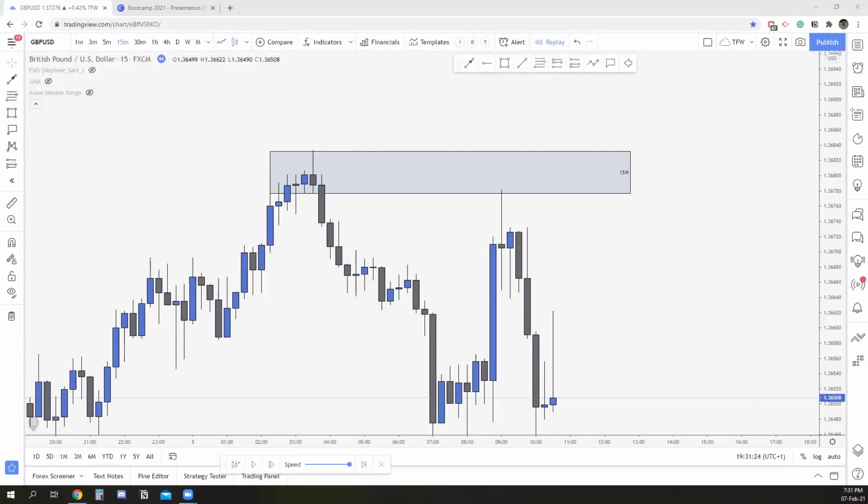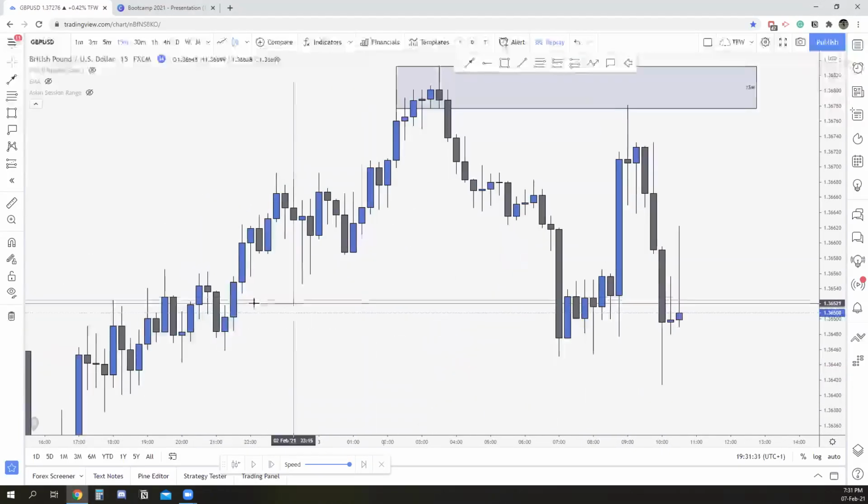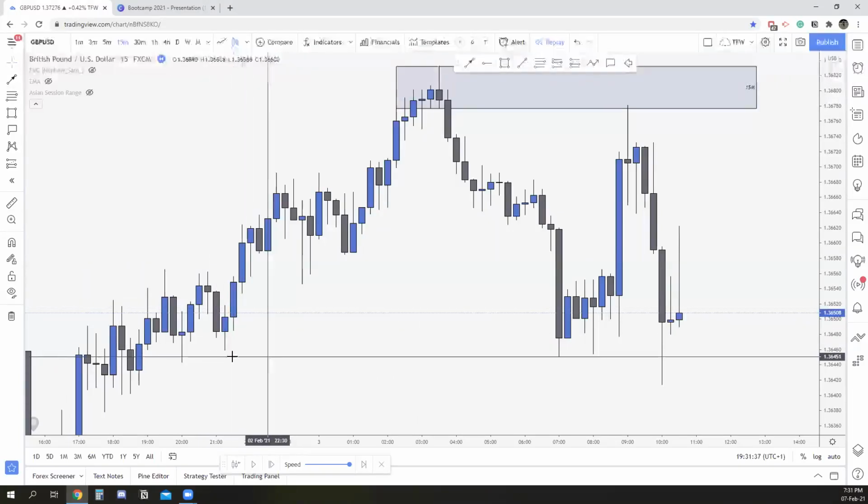I saw Prince and Walter as well testing just to trade imbalance, which is fine. And basically the rule is that 50% of that empty space will get fulfilled. So you can actually take a trade from right here. Stop loss has to be a little bit larger, but we're not looking to trade this so far. Maybe Prince and Walter can give us a little bit of a recap later how that works for them.